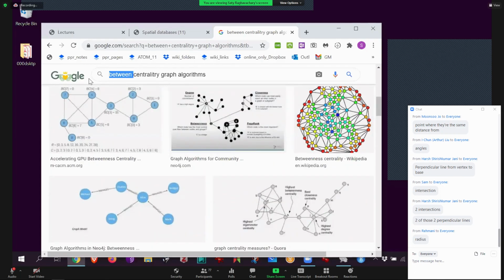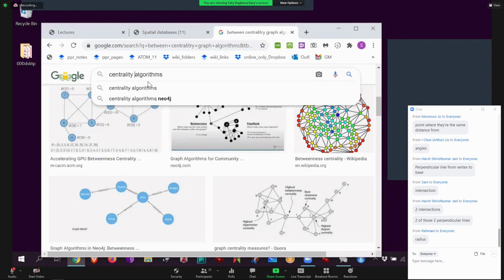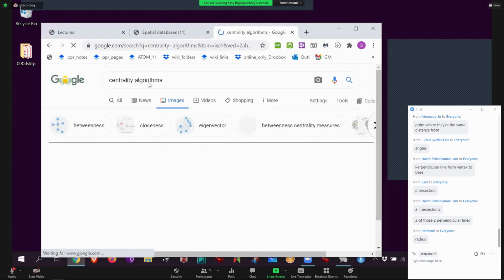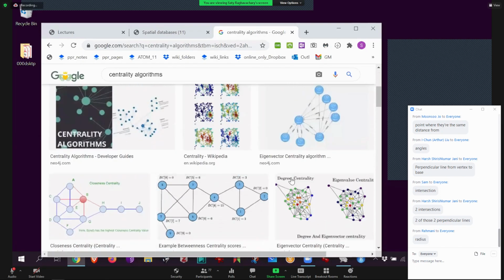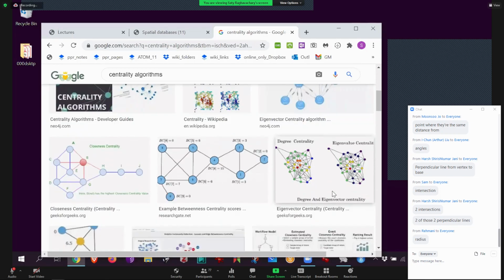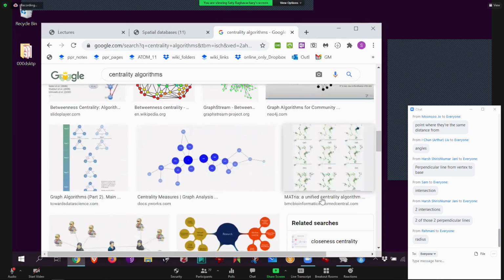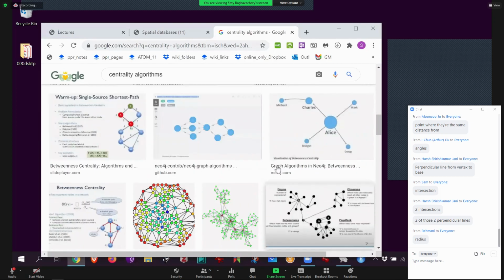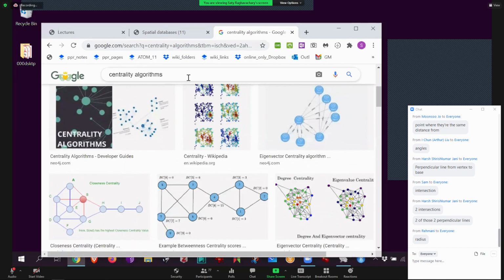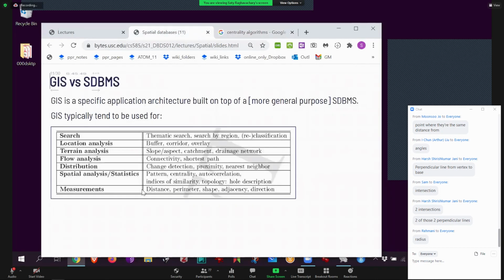All right, let me back out of this by telling you there are things called centrality algorithms, and you can now apply them to spatial data. There are many kinds, like degree centrality, eigenvalue centrality. These are fascinating. Not only that, but I can actually give you a homework. I'm not going to do it this time, but it is possible to give you spatial data and have you code one of these algorithms yourself. Probably not do that this time.